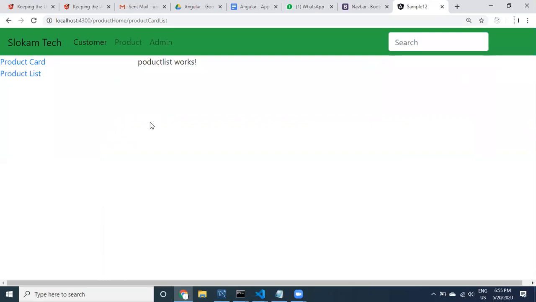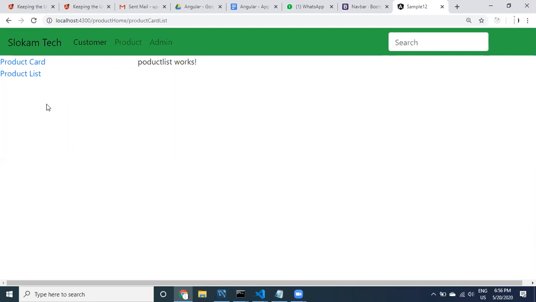If we are not working with child routings, if you have only a menu bar and main menu, then you can use multiple modules, but you don't need to import them. But when you are working with sub routers, sub menus, then we need to import modules into the app module. Like here we have imported customer module into app module, and product module into app module.